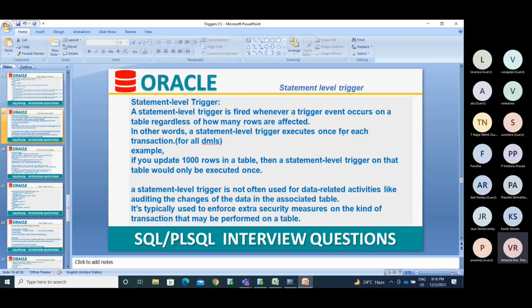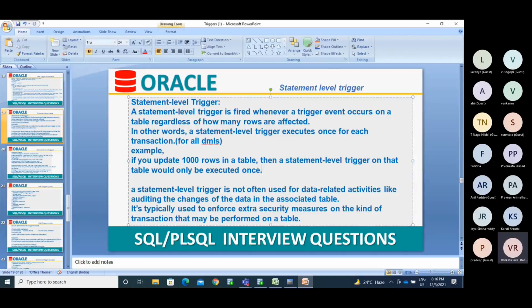Example, if you update 1000 rows in a table, then the statement level trigger on that table would only be executed once.